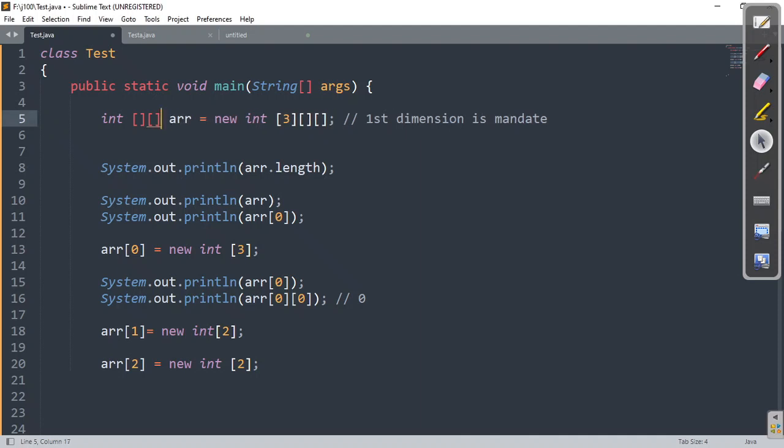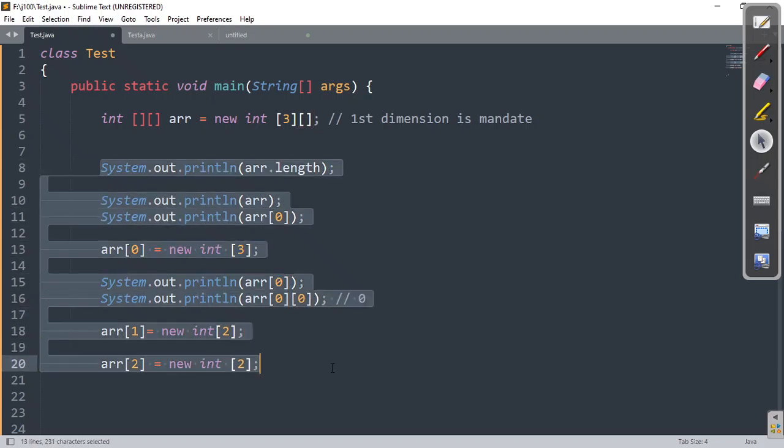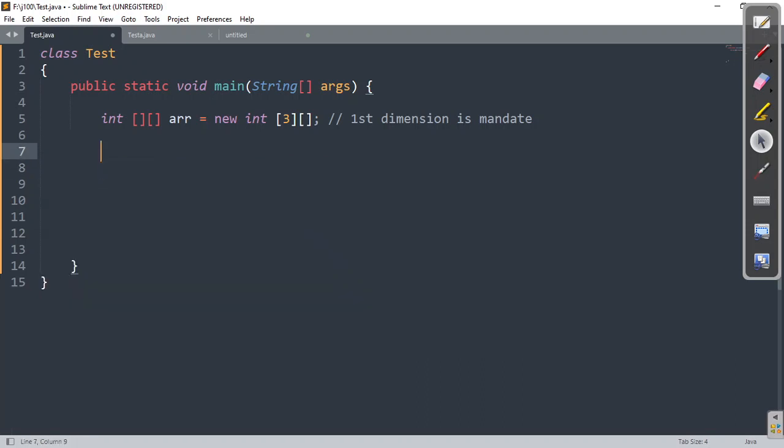Okay. The next thing you might ask me, sir, can we declare and initialize in one line? Yes, we can. Absolutely we can. See how we can. Let us see. Now, I want to create a double dimension array. Fine. The first one is absolutely this. You cannot put any number here. Remember this point. You cannot put any number here. Now, I want to create a double dimension array. 20, 40. For the next one, I want 2 elements, right?